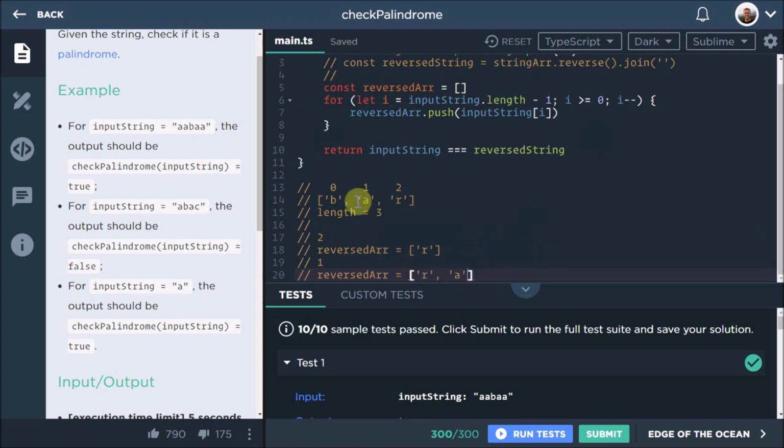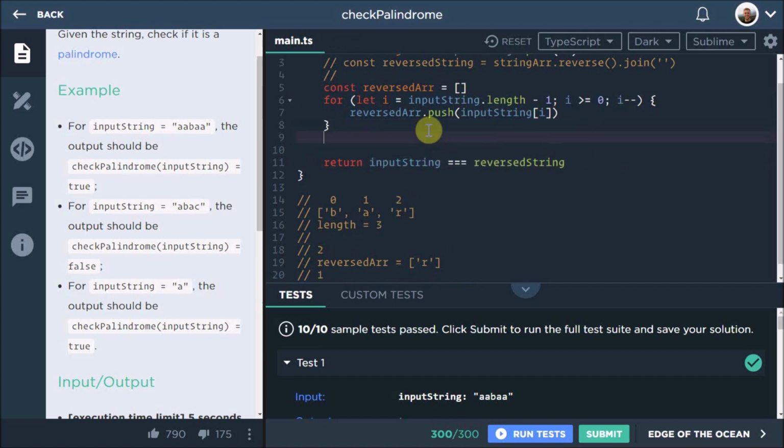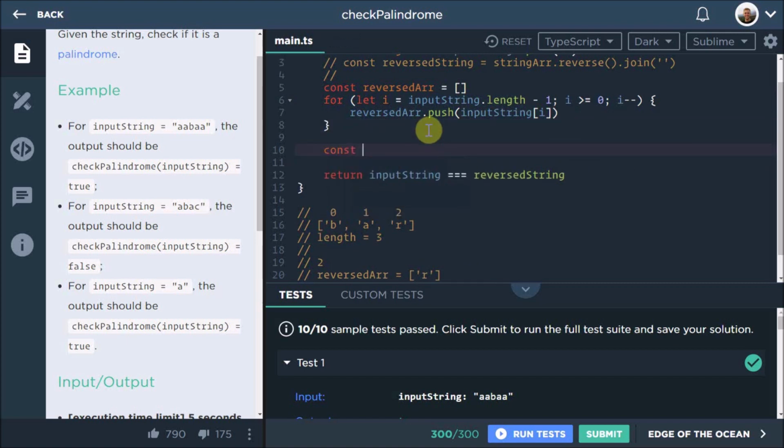Then the next time it will be B, and then it will check again, hey, is I bigger or equal to 0? Yes, it is. So it runs to the B, and then I becomes -1. And then we go, is I equal to or bigger than 0? And it will freak out and say, nope, it's not. So this whole loop stops, and then we focus on this. Now, finally, we just got to get the reversed string from this. So the reversed string